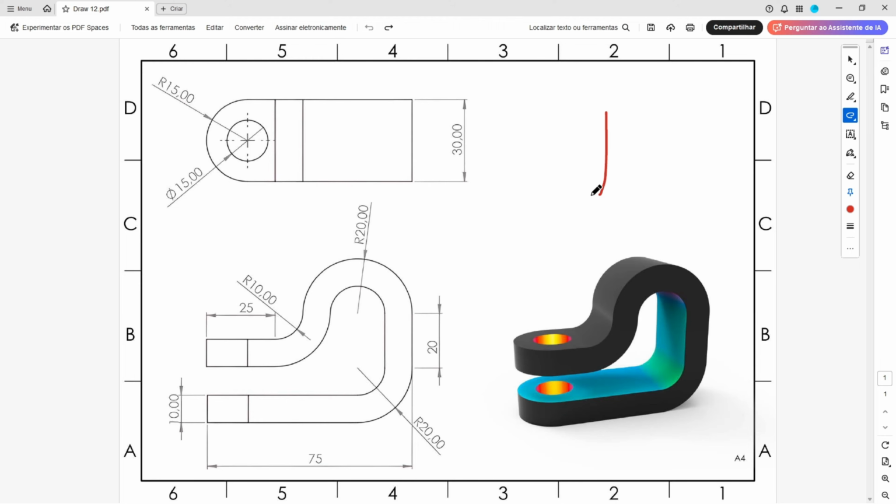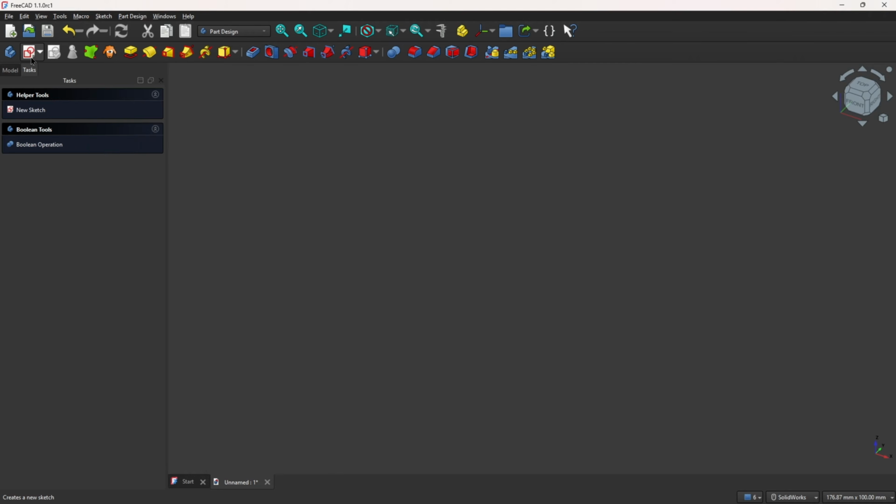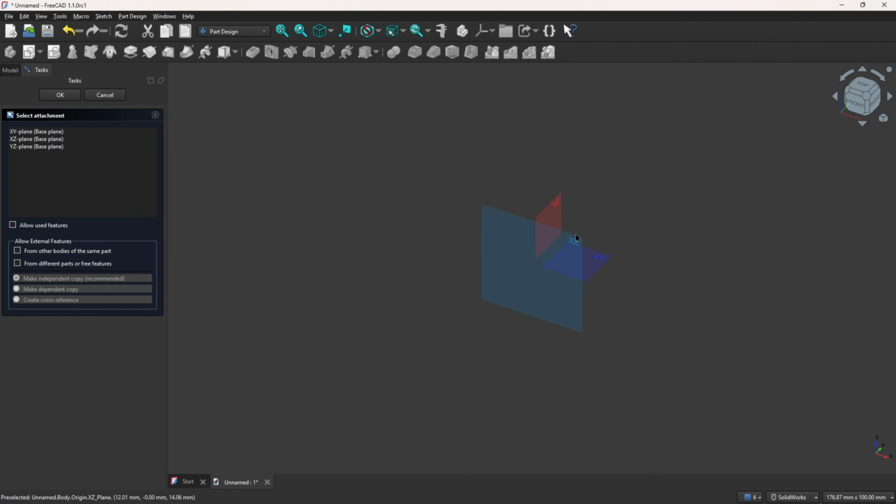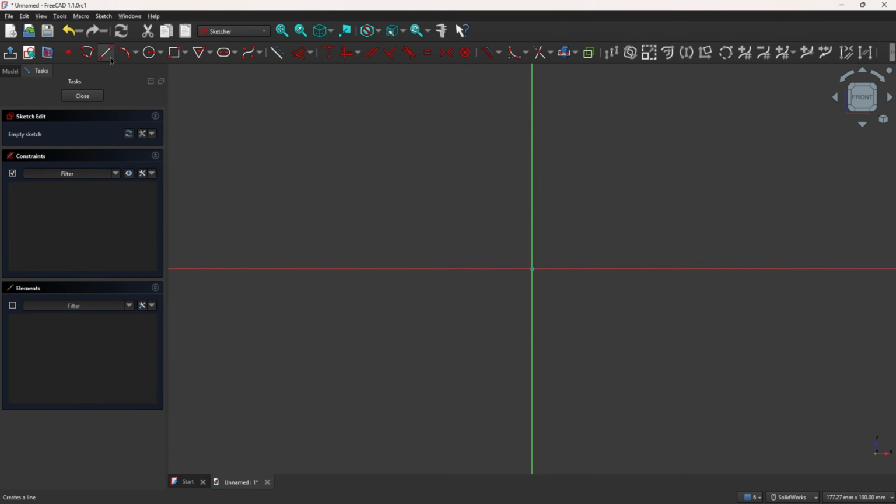The first step to create this part, we will select the front plane and make this sketch. And here in this edge will be the midpoint. The first thing that we make, we'll create a line here and an arc and another line. This line here has 20 millimeters, the radius here 20 millimeters, and the distance between this line here and the midpoint 75 millimeters. So open FreeCAD, go to create a sketch and select the front plane, select line, click